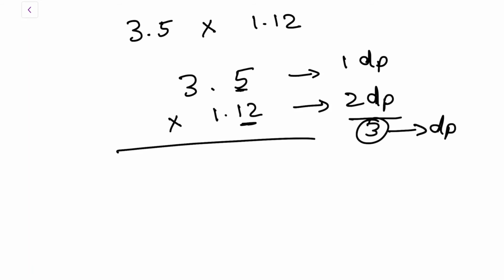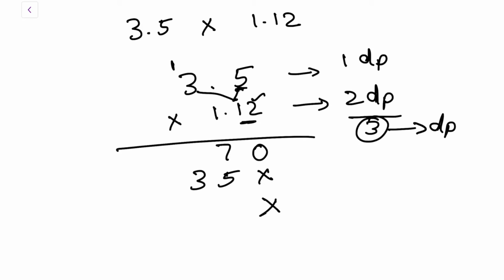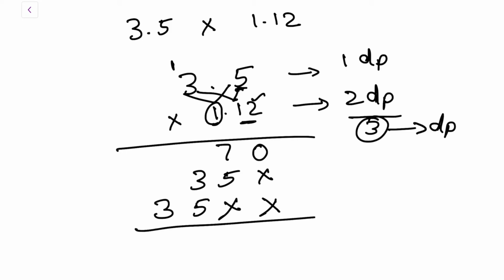Let's have a look at it. First, let's do the multiplication. So here we get 5 twos are 10, 70. We're done with 2, and then we put a cross, cross out the ones place and then start with 1. 1 5s are 5, 1 3s are 3. We are done with ones place and tens place. Now we do the hundreds place, which is 1. Again 1 5s are 5, 1 3s are 3. That's it. Now just do the addition.